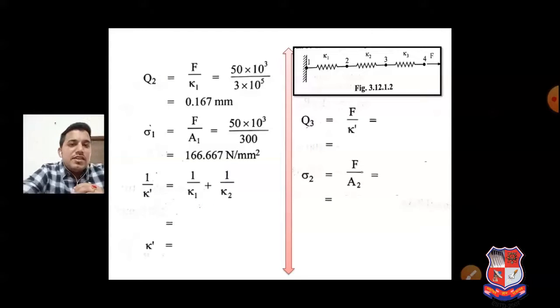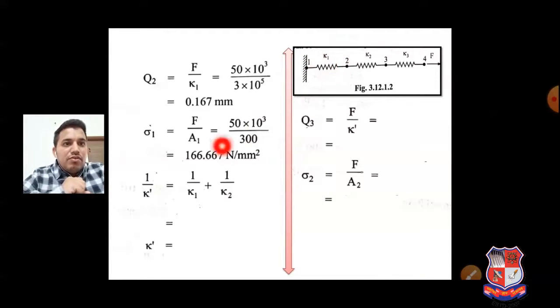In the previous method we found the stress only up to the end of the steps, but here we have to find each and every stress as well as displacement at each particular node in between. So now we combine both K1 and K2. Here we first find it for the first one.